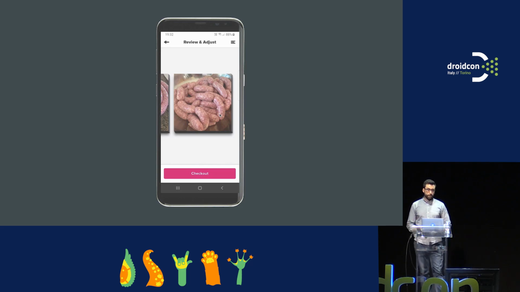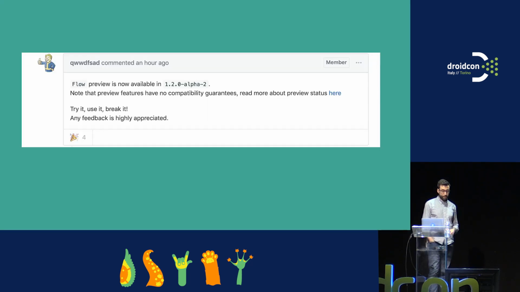So for that, we started to think how we're going to implement it, and we had the idea to talk about coroutines. But it's a very funny moment because since yesterday afternoon, those are deprecated completely. So I didn't have time to change everything, but at least the idea is to explain how this works. So JetBrains has now released Flow. It's in alpha since yesterday afternoon, and it completely changes what we're going to show in a moment.